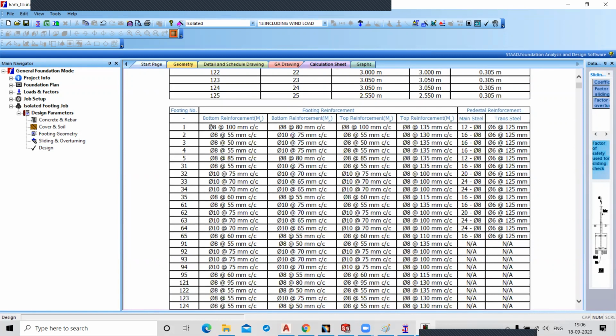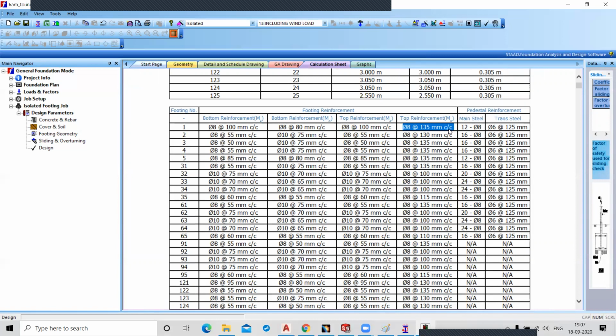This is the bottom reinforcement in the MX direction. And this is your top reinforcement in the MZ, and this is your bottom reinforcement in the MX.